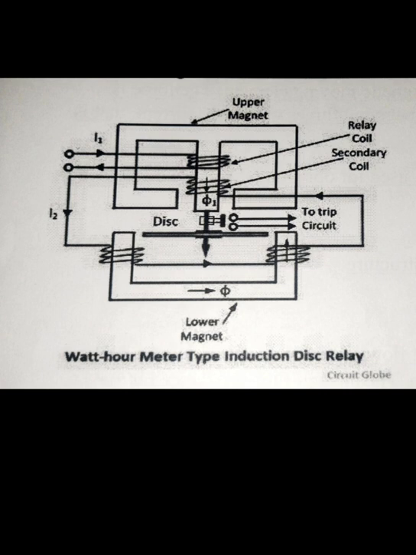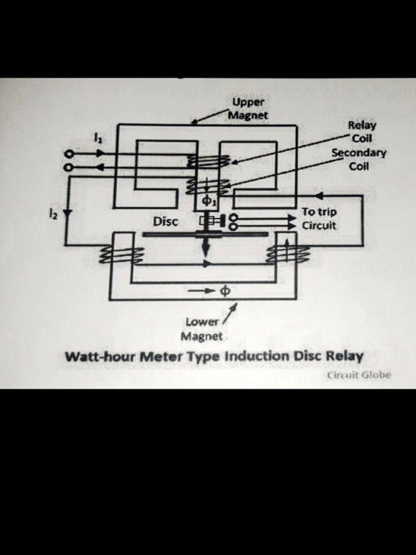The E-shaped electromagnet carries two windings, the primary winding and the secondary winding. The primary winding carries the relay current, while the secondary winding is connected through the winding to the U-shaped electromagnet. The primary winding carries the relay current I, while the secondary winding current is induced by the EMF and circulates as I2.